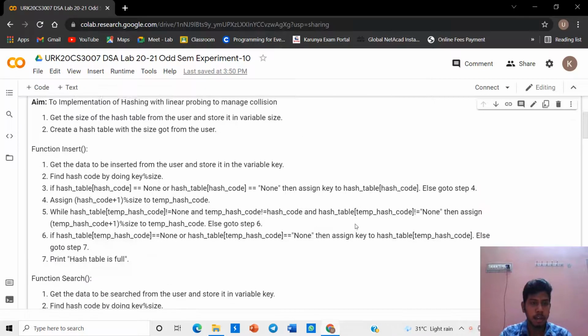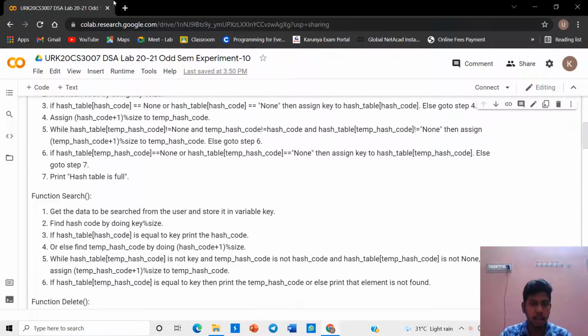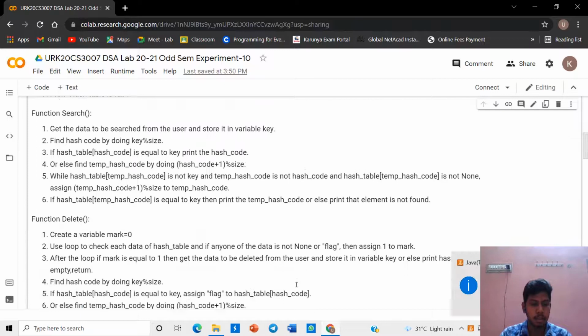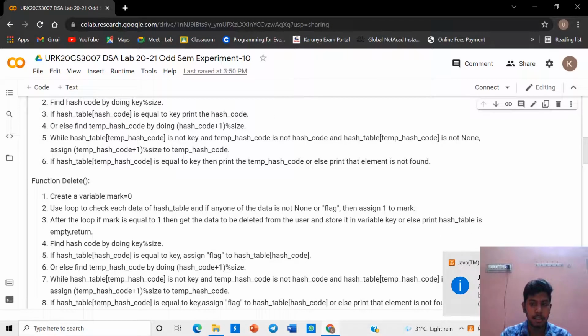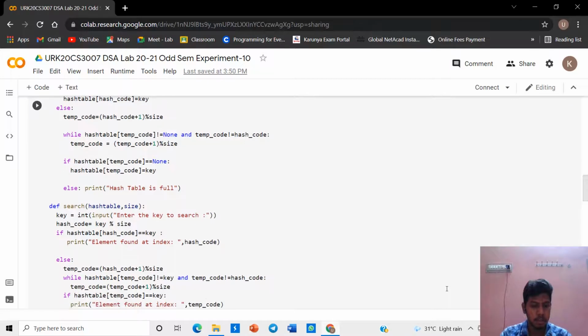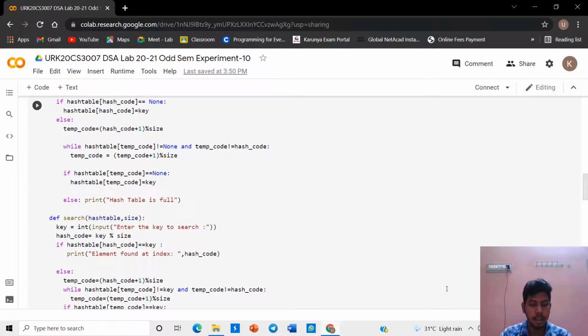First, I give an introduction to hashing. A hash table is a data structure which stores data in an associative manner. Data is stored in an array format where each data value has its unique index value. Access of data becomes very fast if we know the index of the desired data.